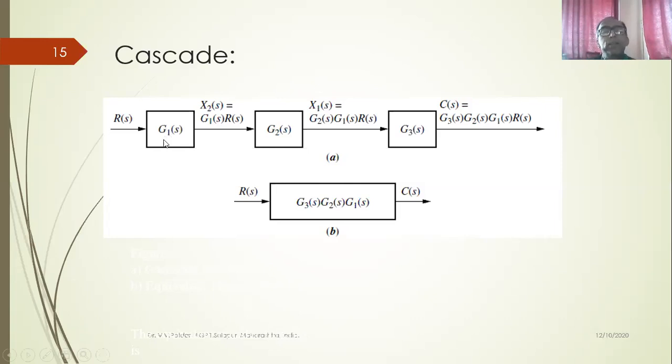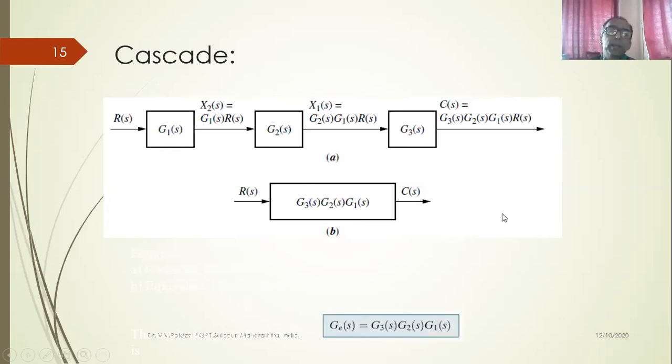So these are the 3 blocks G1, G2, and G3. So these are called blocks in series or blocks in cascade. Now these can be combined together by simply multiplying the transfer functions. How are these multiplied and reduced into one block? G1(s) into G2(s) into G3(s) inside one single block. And R(s) is the input and C(s) is the output, isn't it? So R(s) into G1(s) into G2(s) into G3(s), or G3(s) into G2(s) into G1(s), because these follow commutative laws, will be equal to C(s). This is one more example of cascade or series elements.